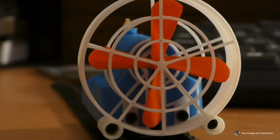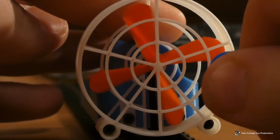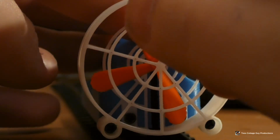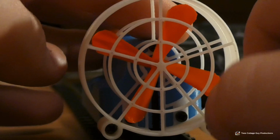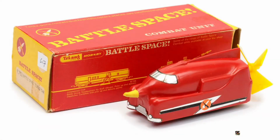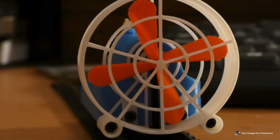The thing that really differs this locomotive from any other locomotive in my collection is this at the back. It hasn't got any side rods, it's got a propeller. Now this propeller may look cosmetic, but it is actually a functioning propeller, which I thought is just fantastic. This reminds me of a locomotive which Triang produced in the 1970s, I believe, called the Battle Space Turbo Car, which looked similar to this, but it was red and had a big yellow propeller